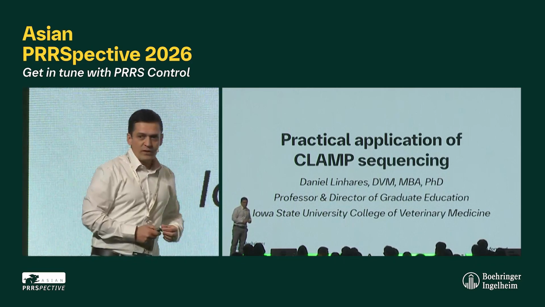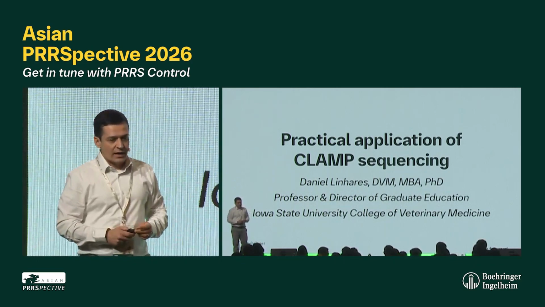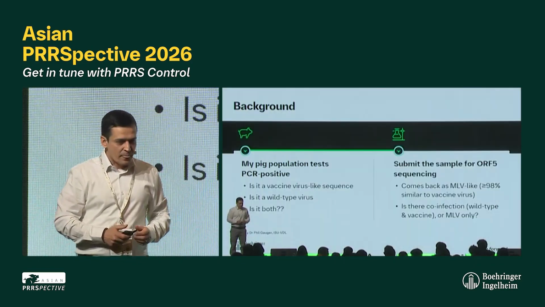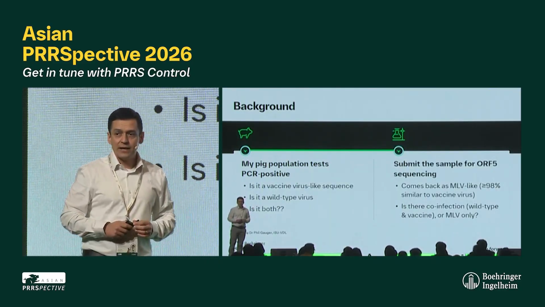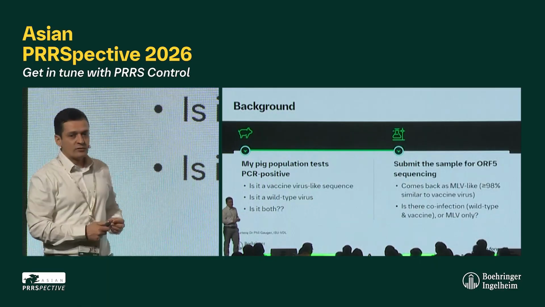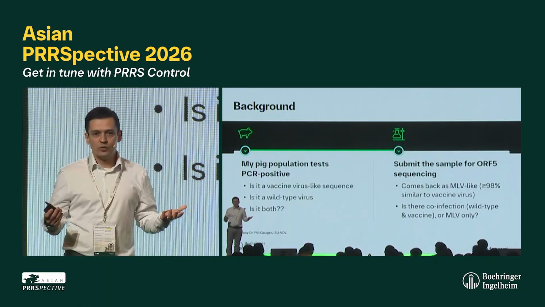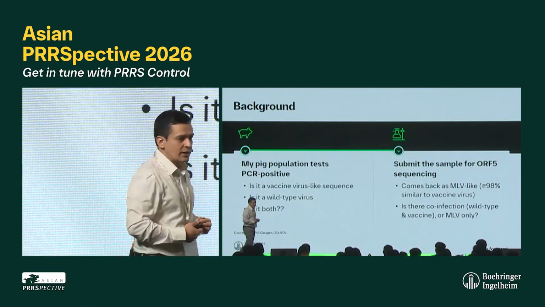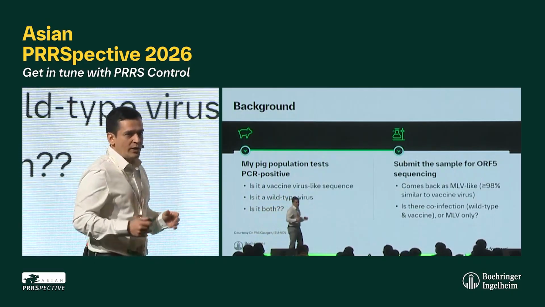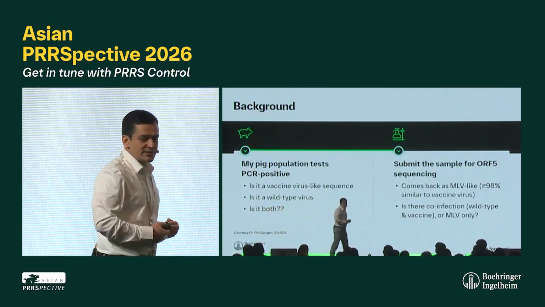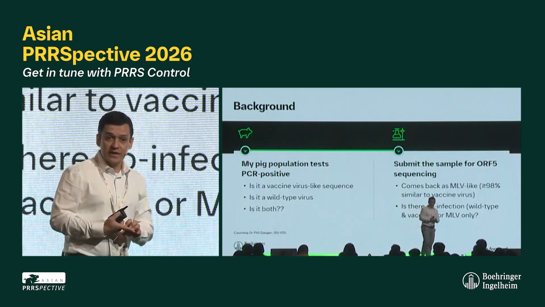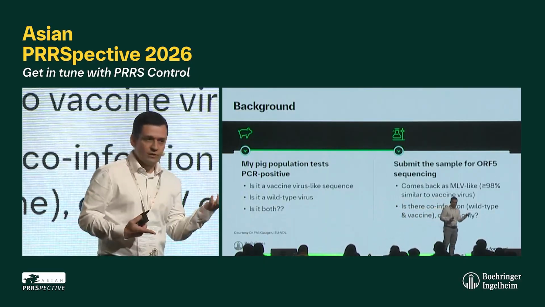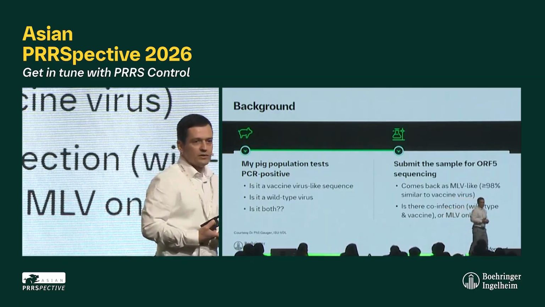The first thing we're going to talk about is application of clamp sequencing. And so what is clamp sequencing? We're going to step back and reflect on why you would need that tool to start with. The background when you might need this is you may have pigs that are already vaccinated, either the pigs or the source of the pigs. Maybe the sow herd was vaccinated with an